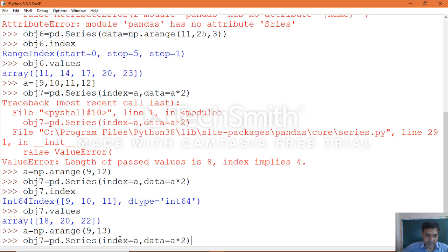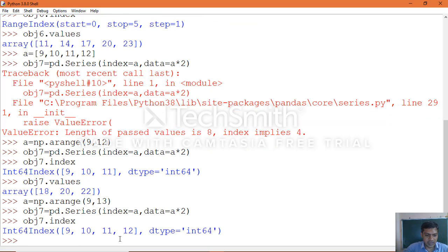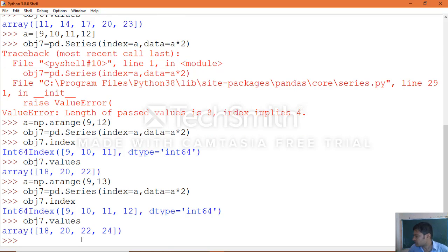Now if you create the object again and call the index attribute of that object, you will get the output according to the textbook. In the same manner you will get the object values also. Okay, that is how the output comes. Now we know how we can access the indexes as well as values of the object.